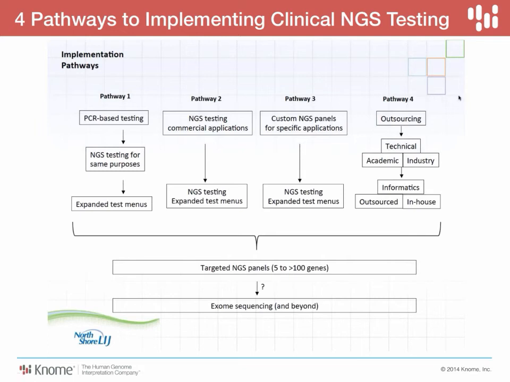The fourth pathway is also interesting. This is outsourcing. So this could be your standard send out, where a lab redirects the test to a reference lab of choice. Results come back. They might even be rebranded with the local lab's name. But another option is emerging these days, and that is the separation of the lab work from the informatics and